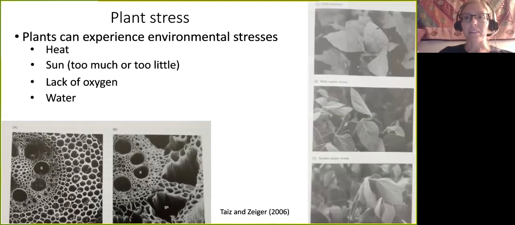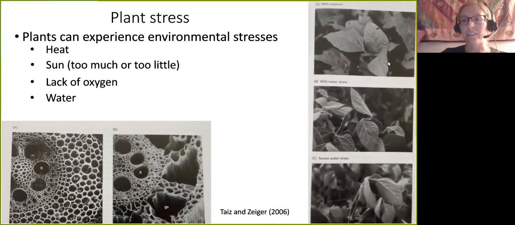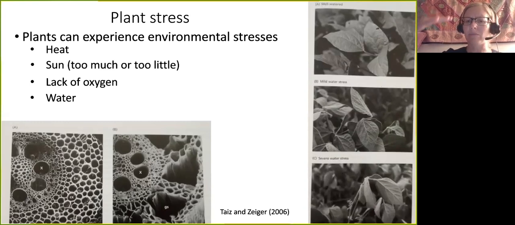Water stress is another one. This picture, also from Taiz and Zeiger's, shows soybeans. This top one shows well-watered soybeans. They're looking good. Mild water stress, not getting quite enough water. The leaves are starting to kind of flip over. And at the bottom, we have severe water stress. That's just a lot of the leaves are just flipped over, and it's just a physiological response to the lack